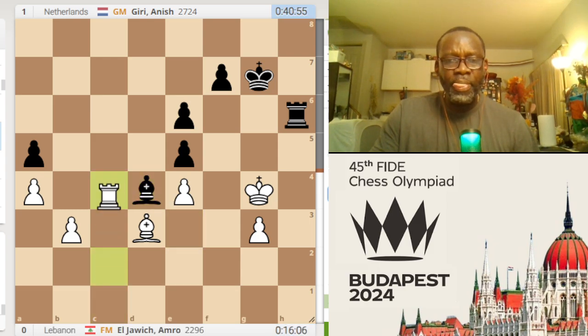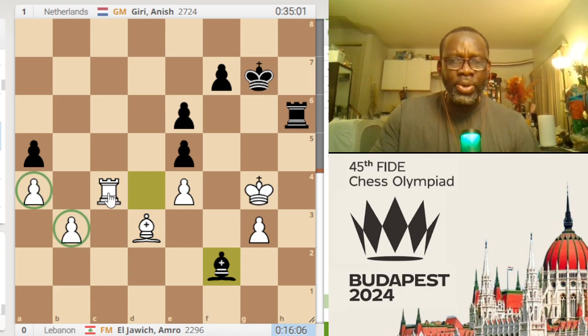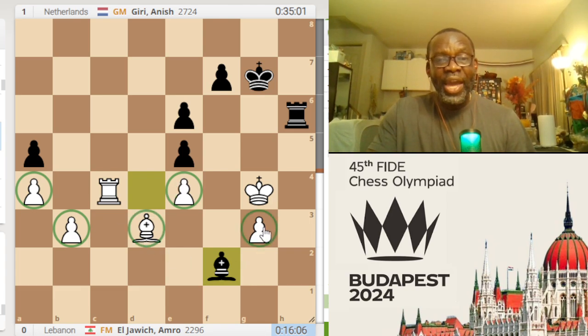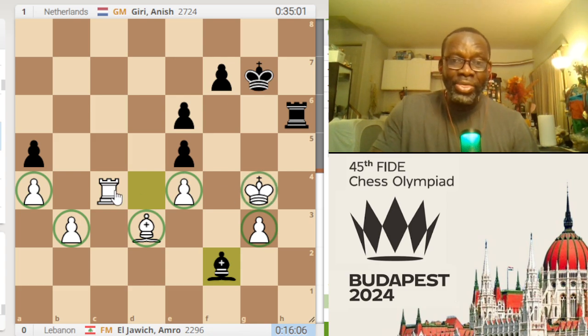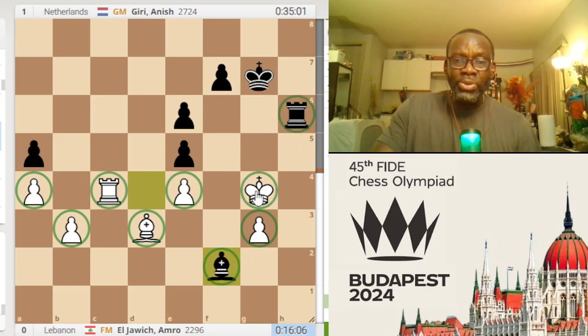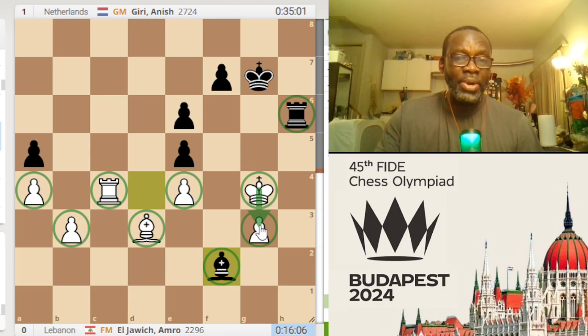Bishop d4, bishop to f2. Now, when we're talking about these pawns being weak, the pawns on the light squares can be taken care of by the bishop. But now the pawn on g3 can only be defended by the king and the rook, and can be attacked by the rook and the bishop. Anytime your king has to participate in defending anything, maybe a pawn, piece or square, that's a red flag. It's just a matter of time. And that's why it's very important that you don't want your king to be defending anything. So,